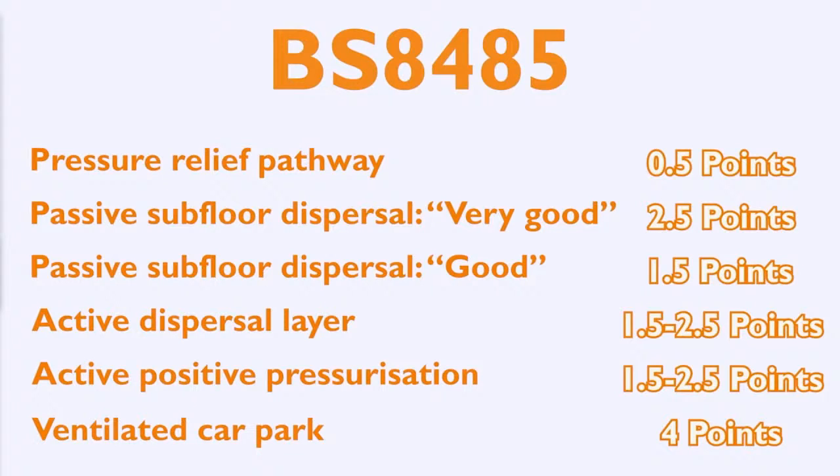The most basic form of ventilation is a pressure relief pathway, but little guidance is available on the degree of performance and robustness required. Beyond this are passive dispersal layers, which are classed as either good or very good based on how well the gas is dispersed within the layer. The passive systems rely on gas pressure, atmospheric pressure, and wind pressure to drive the gas flow out of the underfloor spaces. If properly designed and maintained, the passive nature of these systems makes them less prone to failure than